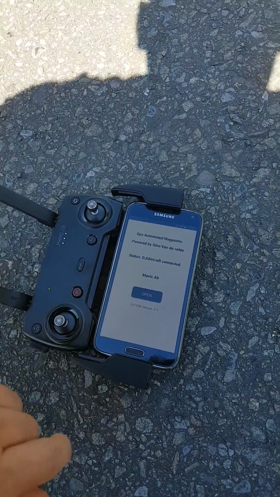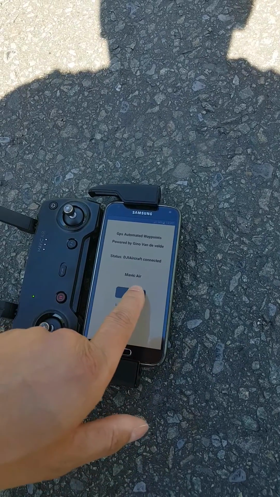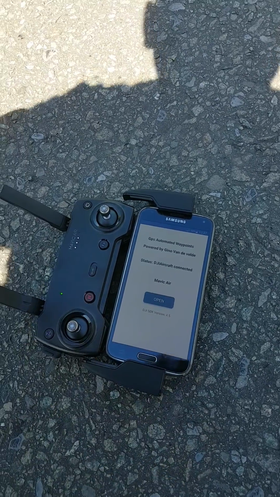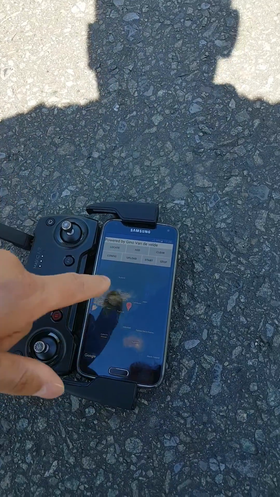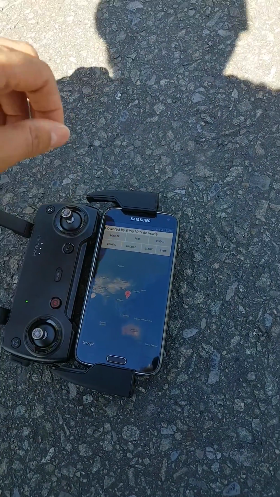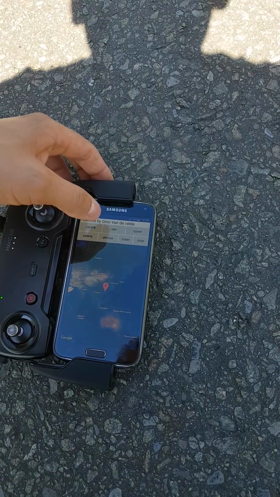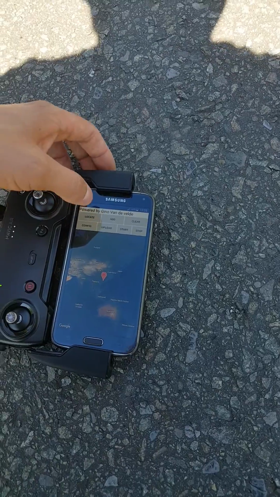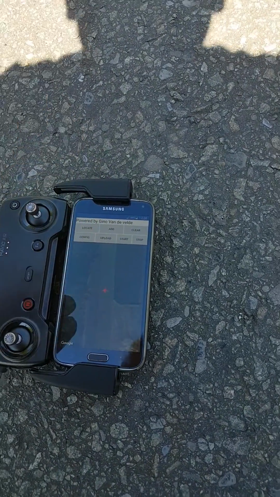And now I open the application, and you see here the Google Maps in satellite mode or hybrid mode. Now I push on the locate button,